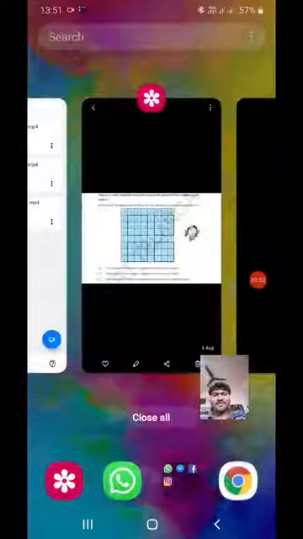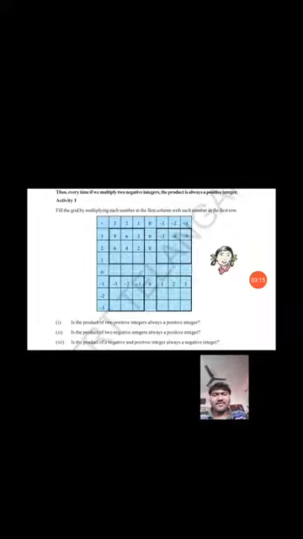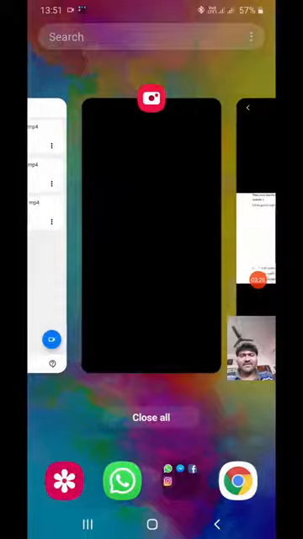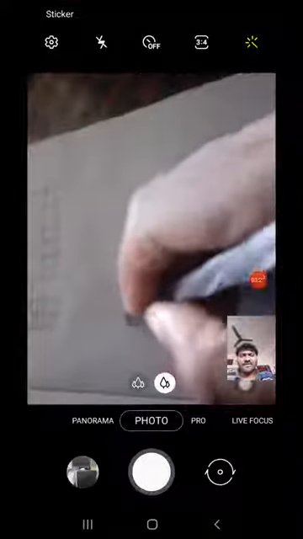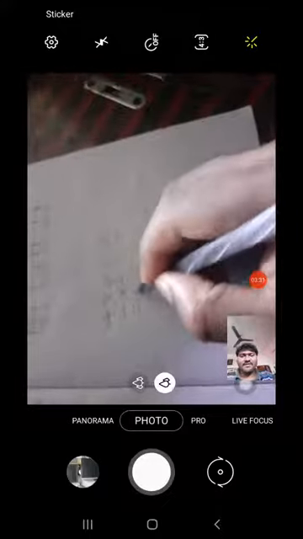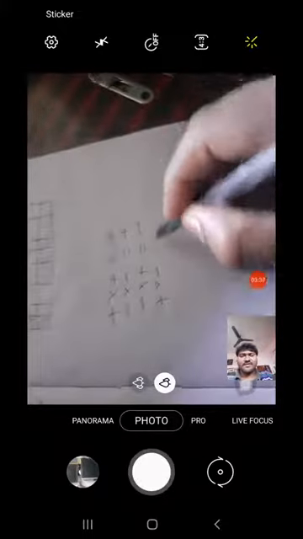Students, so we are going to discuss some activity. Look there. Every time if we multiply two negative integers, the product is always positive. For example, you know already some conditions. Plus into plus is plus, minus into minus will be plus, minus into plus will be minus, plus into minus will be minus.